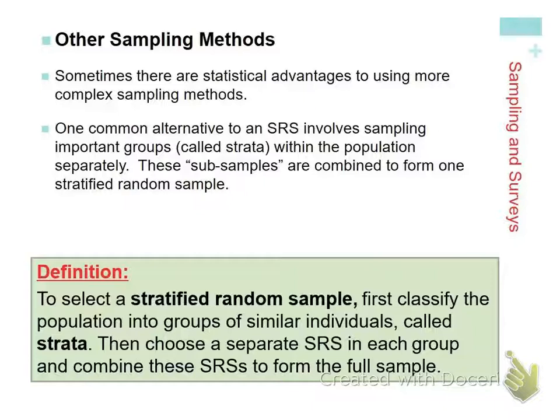So if we don't want to do a convenient sample because we're only going to ask the people in the classroom and those are only going to be seniors, then what we can do is break the school up into our strata. And a strata would be your age groups, your grade levels. So freshmen, sophomores, juniors, and seniors. And then what you do is you create a simple random sample within each of those groups, combine those individuals into our giant sample, okay? So choose a few freshmen, a few juniors, a few sophomores, a few seniors, and combine those guys to create our sample,